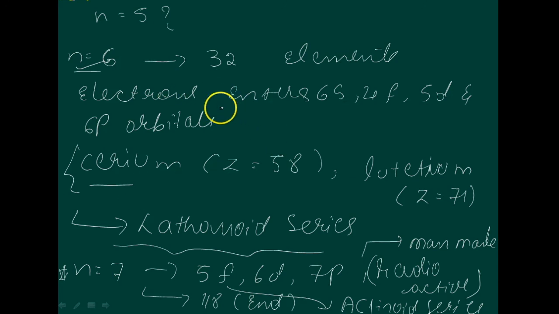So this is about the electronic configuration in periods. Just consider n is equal to 1, 2, 3, 4, 5, 6, 7. Now I have considered up to n is equal to 7. We looked at how we distribute the electrons, and you know how to write down the electronic configuration, but you should be very familiar with it. So this is about electronic configuration in periods.